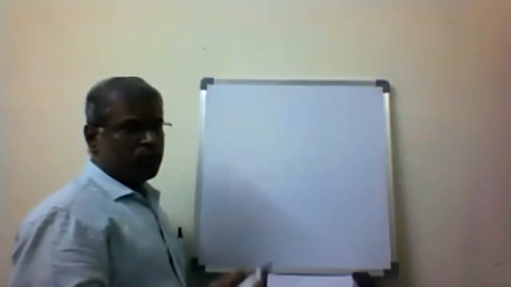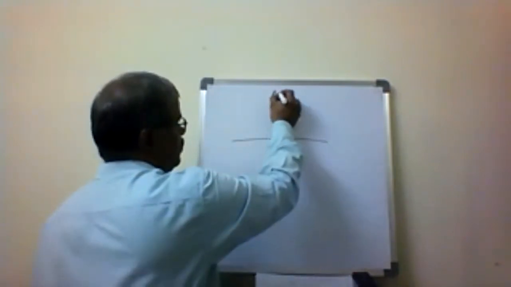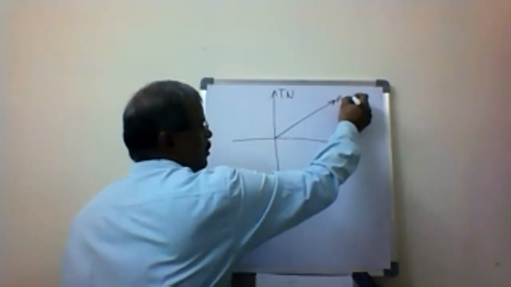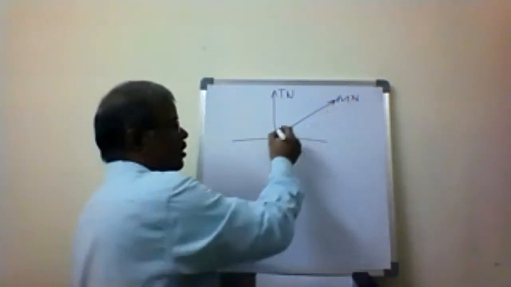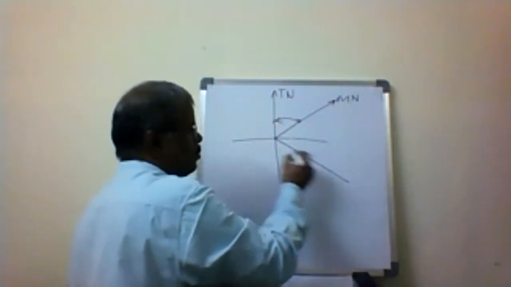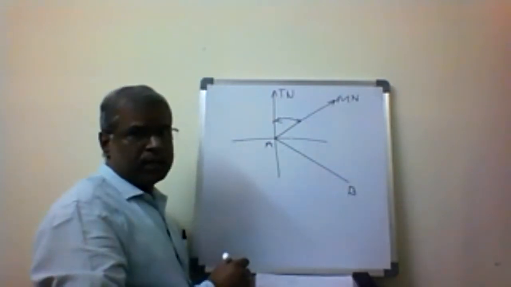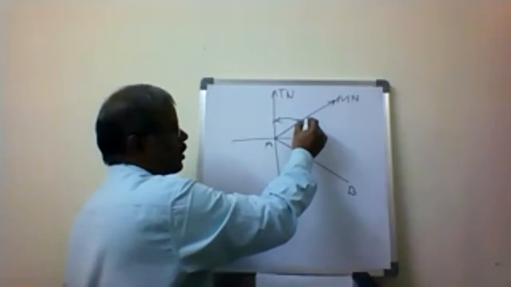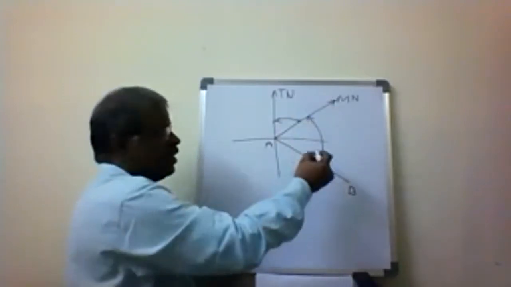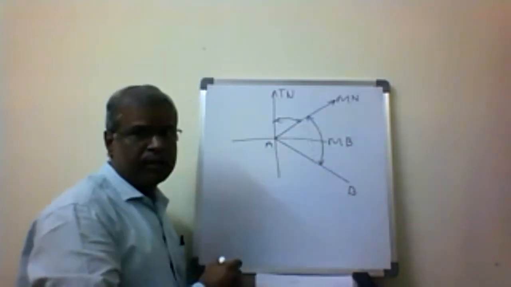So once we are observing how to calculate true bearing and magnetic bearing, this is true north, magnetic north, and this is the declination. If the direction of line AB is like this, what we measure from magnetic north is called the magnetic bearing.